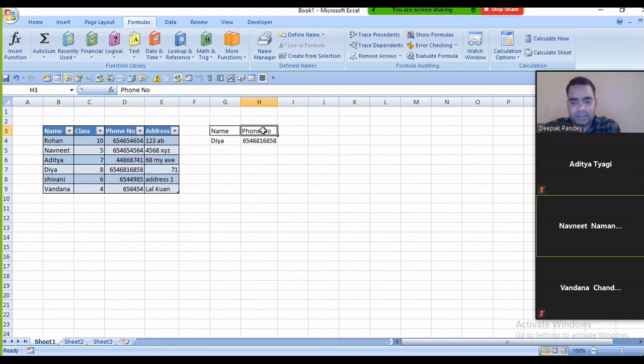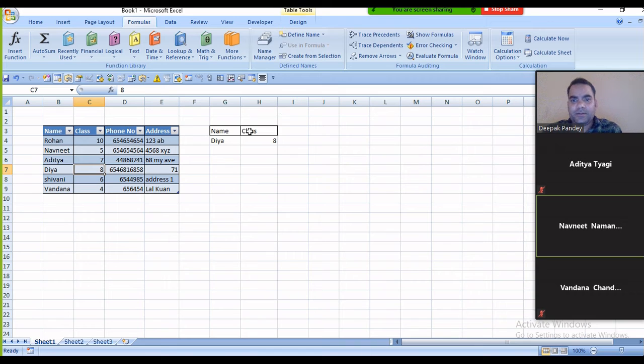Now if I change the phone number to address, it will show the address for Dia. You can see 71 is the address for Dia. And if I change it again to class, it will show class 8.